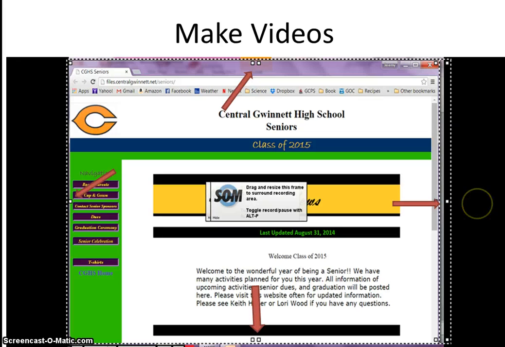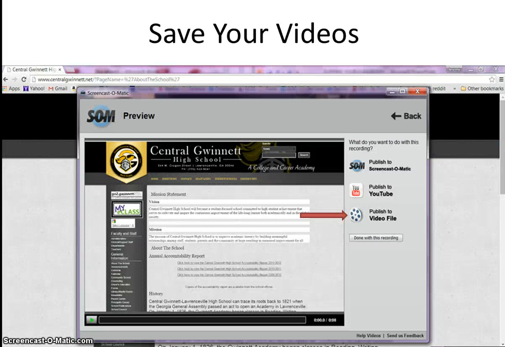And when you're ready, you will click that record button, that red button that was shown previously. And when you're done, you will click that red button again, and it will be over. Or there's also a done button you can use that is at the bottom of the screen as well. When you are done with your recording, you want to publish that recording to a video file as indicated here. Once you click that button,